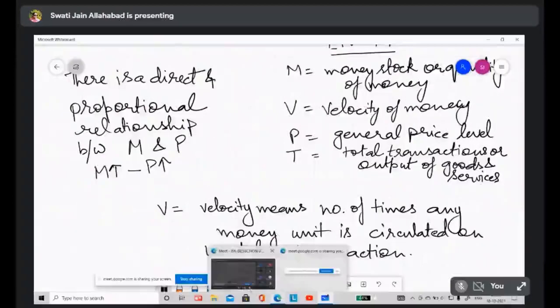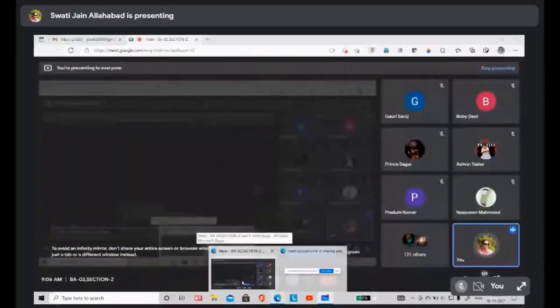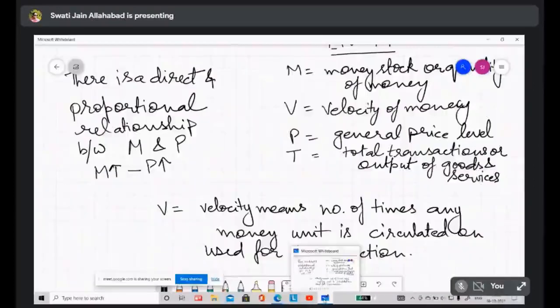No, don't try to understand the things which are not given in a proper format. I keep on telling you, try to understand. We are talking about the classical system. Classical system is only based on long run. So there is no question of short run. Yes, ma'am. Money and capital is very different. Okay, so we are only talking about money stock here.